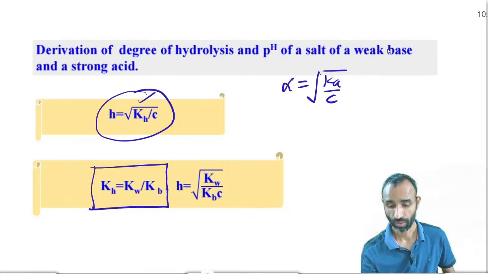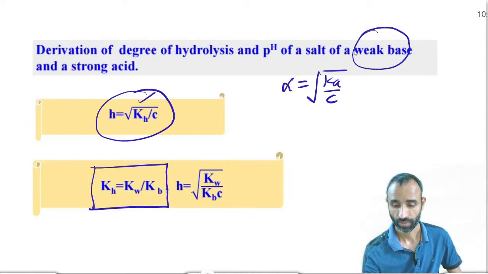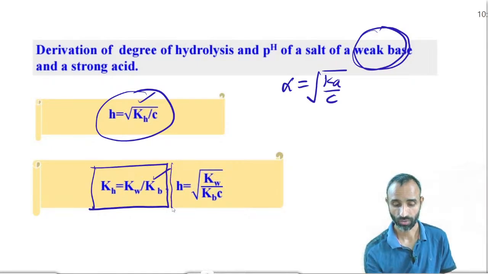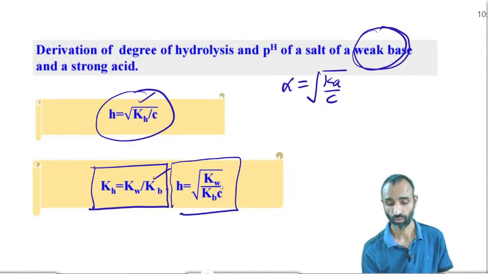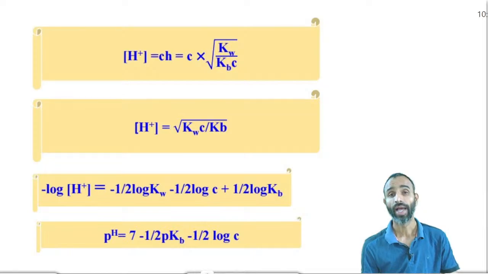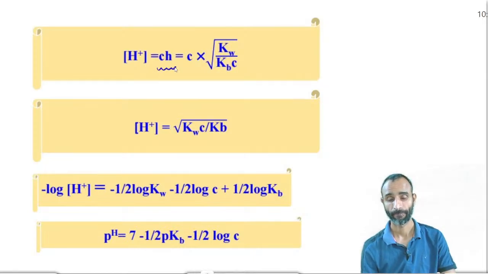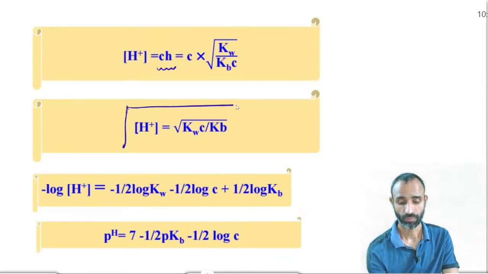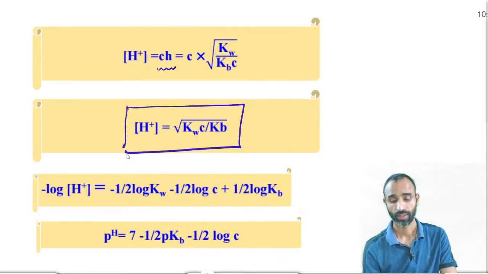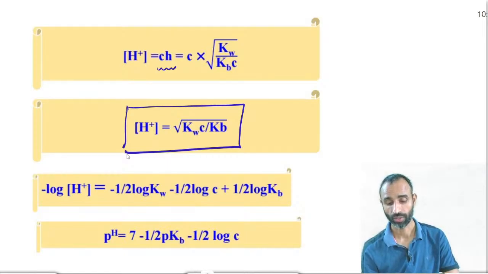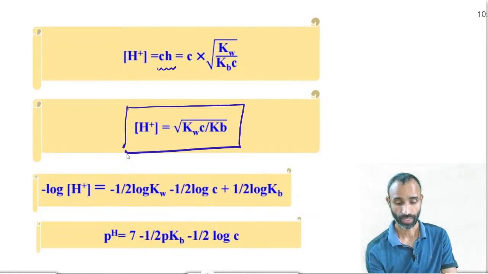So it is a weak base, therefore we take into account Kb. H+ ion concentration is C into h, and therefore H+ is square root of Kw into C upon Kb, and pH is,